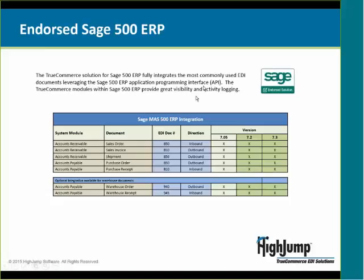Again, we built this by basically writing API calls back and forth to the Sage 500 unit. But the nice part is that the TrueCommerce modules provide great visibility and activity logging. So again, you do get into that true purchase order validation or sales order validation and logging your activities for